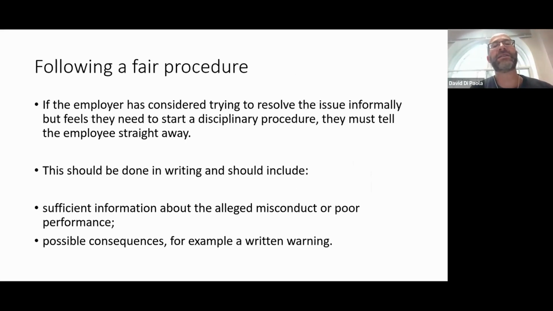Thanks. This is very important in terms of dealing with any disciplinary matter. And again, it's probably one of the other takeaways from today, along with dealing with things quickly and the right to be accompanied: follow fair procedures. So if an employer has considered trying to resolve the issue informally but feels they need to start a disciplinary procedure, they need to tell the employee that they're doing this. And you should write to the employee